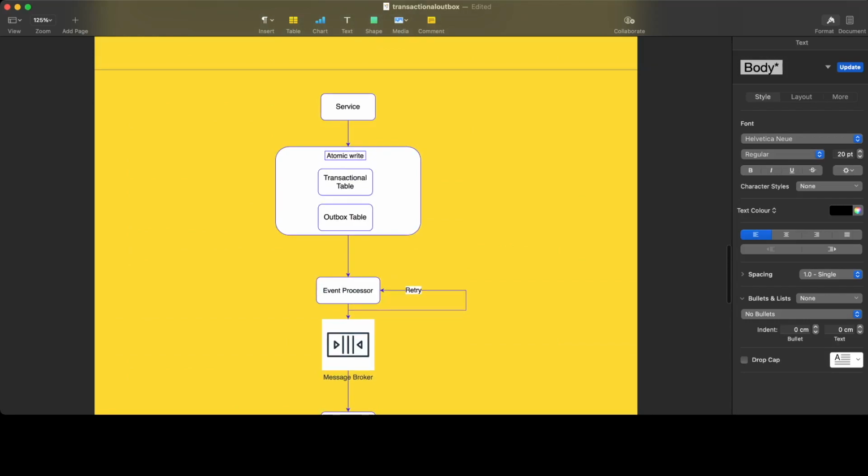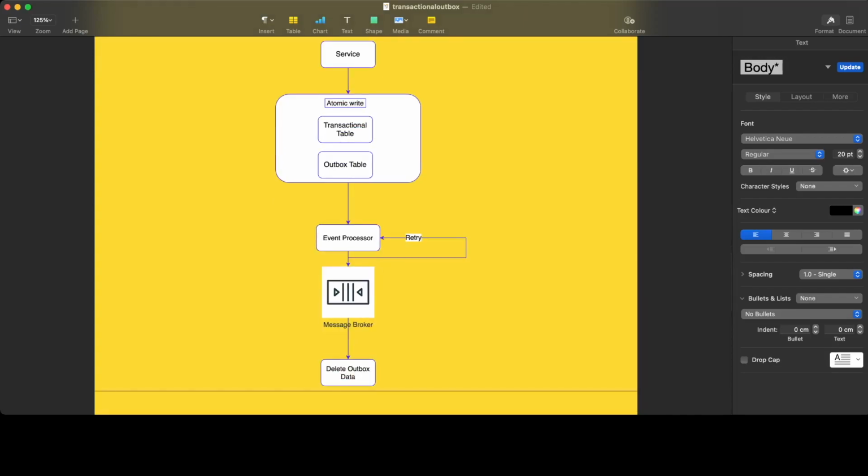This can be replaced by Kafka Connect, which uses a JDBC connector that can listen to the data inserted into the outbox table and push it to Kafka. That also can be used. Kafka Connect can also be used here. We need not write a custom query to fetch and write into it. That's the first way that I have explained. We can use Kafka Connect as well to do it.